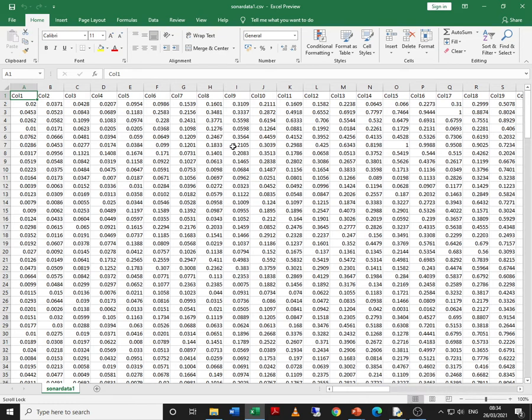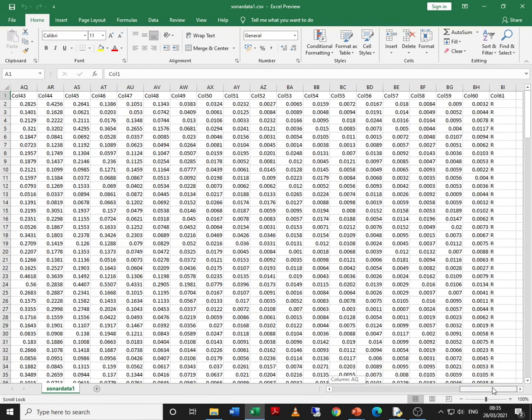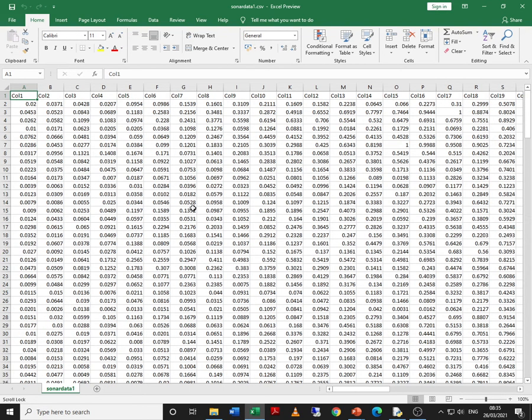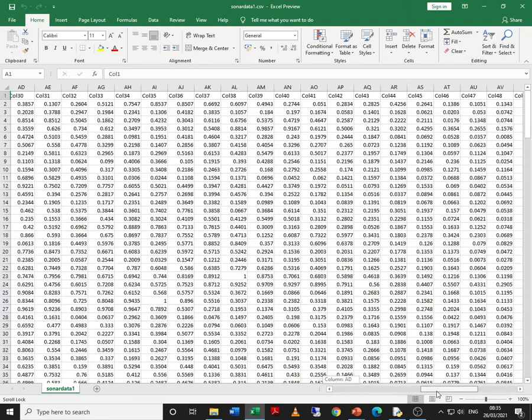Fine. Now here, this I had shown you in the last session, but basically I want to just explain to you. We were working on this file. Now the case is when sound waves are thrown in the water, based on whether a rock is found or whether a mine is found,